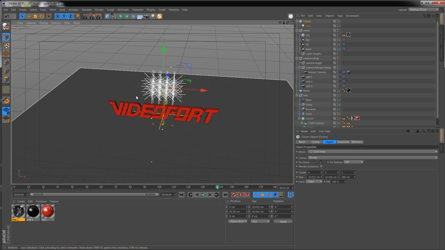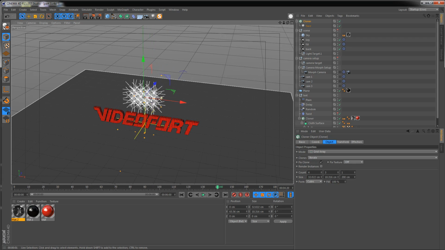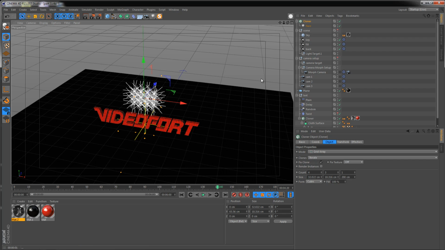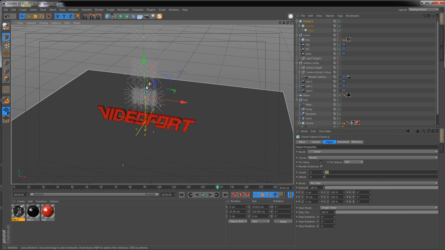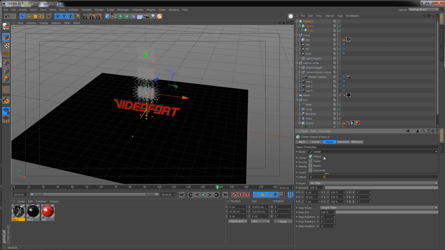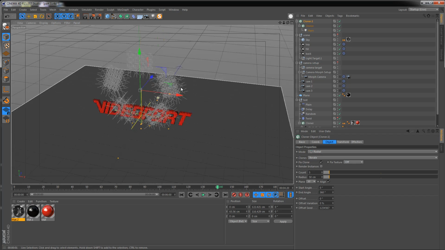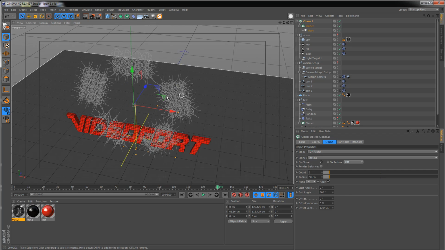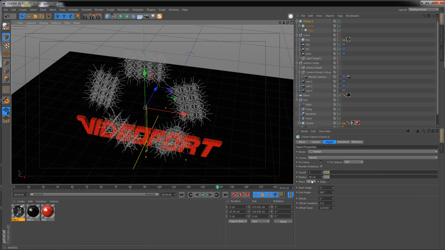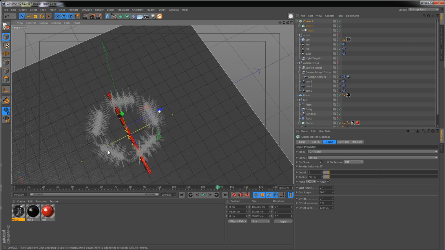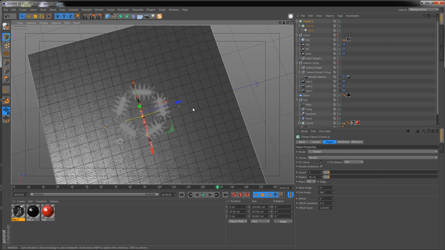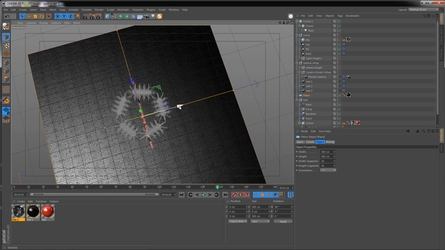And now I need to throw all of these into a second cloner. So if I select this cloner, hold Alt, go to Mode Graph, I want to get another cloner. And I'm going to set the mode for this to radial. And they're on the wrong plane. I need to change this to XZ, like this. And I need to push up the radius so that it's